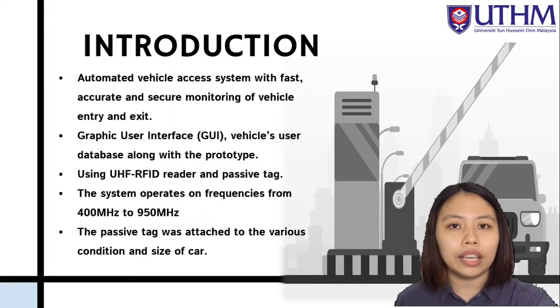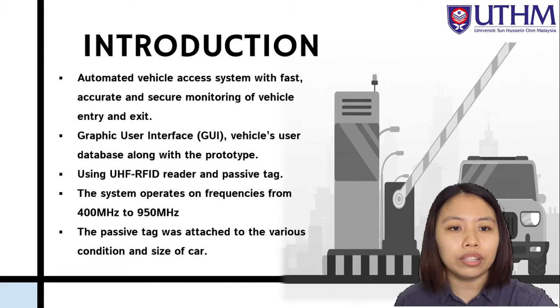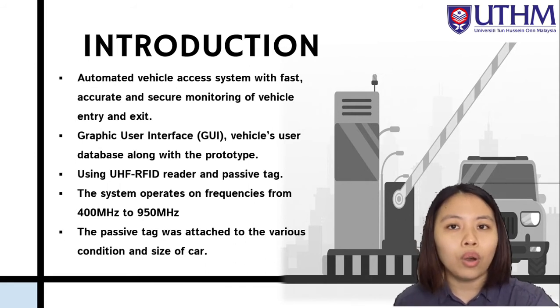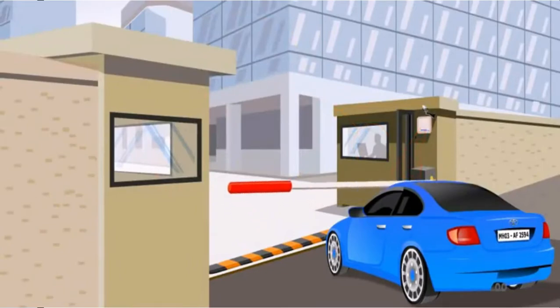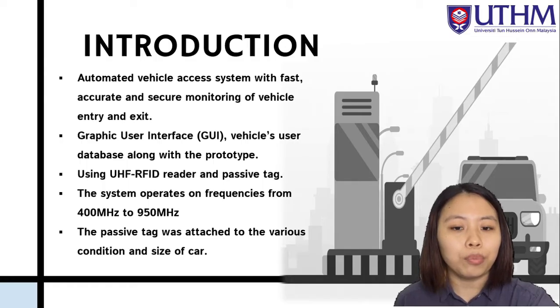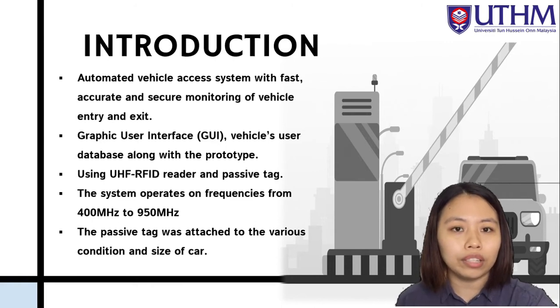This project is an automatic vehicle access system with fast, accurate, and secure monitoring of vehicles that exit and enter the premise or territory. It consists of a graphic user interface, a vehicle user database, along with the prototype. This project also uses a UHF RFID reader and passive tag. It operates on a frequency of 400 MHz to 950 MHz, and the passive tag was attached to the various conditions